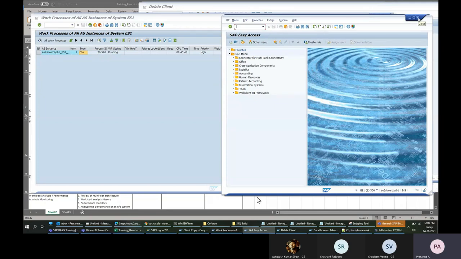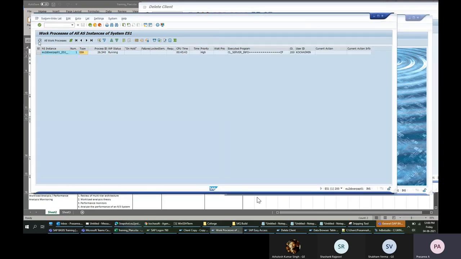If I look now, the same process will be running in a BTC work process as SAP star. When I schedule it in the background, it is run by a batch work process. A long running process should be run in the background.